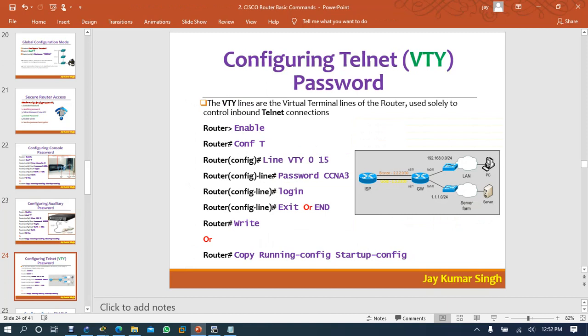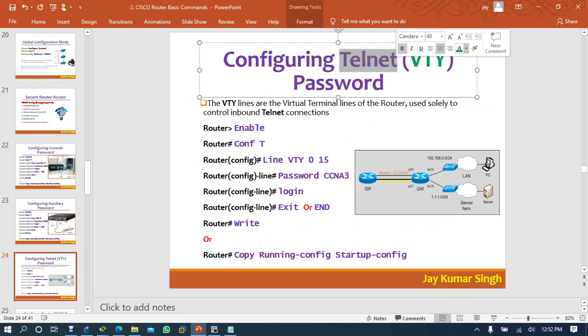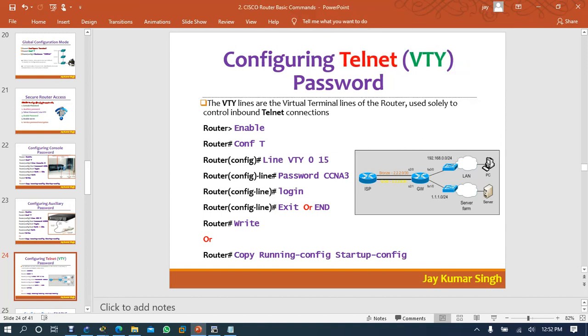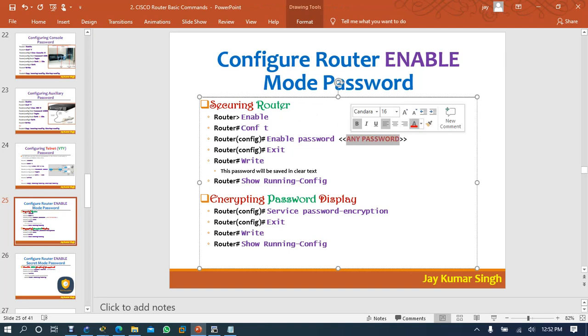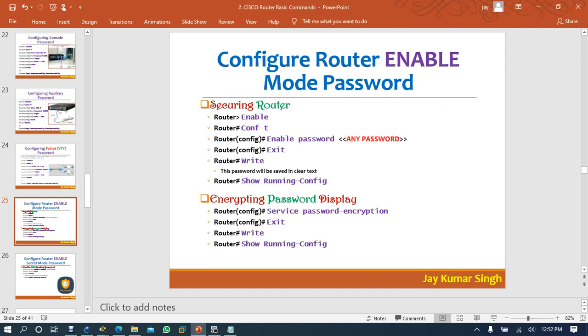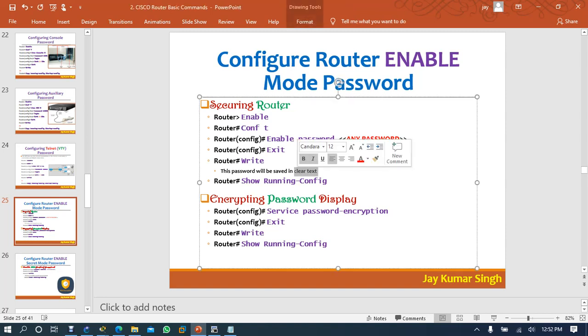Now I told you the telnet password will work after IP configuration and routing configuration. Now I told you for securing the router we have enable password, and here I can use any password. Then I said enable password and console passwords are in clear text format.